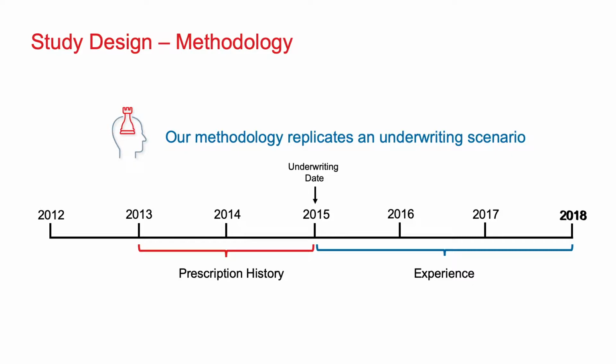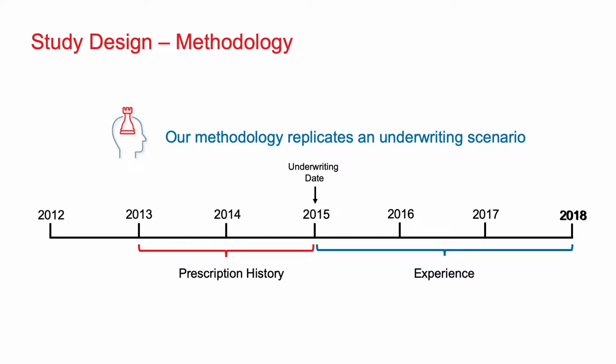This was done in order to isolate the variation in all-cause mortality by opioid-related features only. Our underwriting scenario centers around January 1st, 2015 as our pseudo-underwriting date. We then look back 2 years at some of the prescription history and generate features around a person's opioid use. Using these features, we look forward 3 years at their mortality experience and analyze some of the effects that the